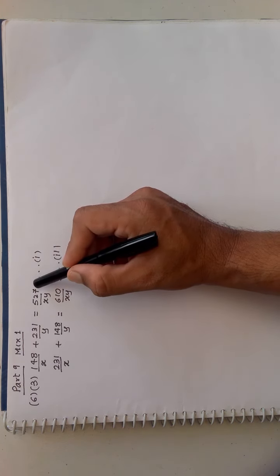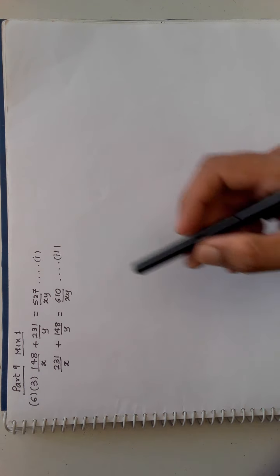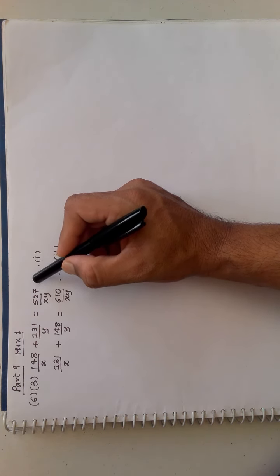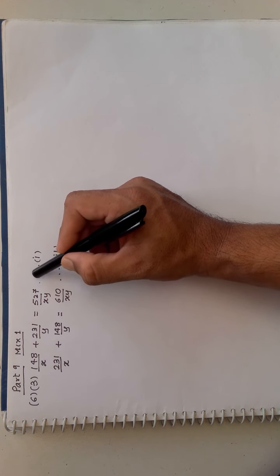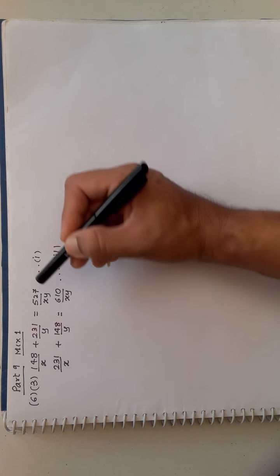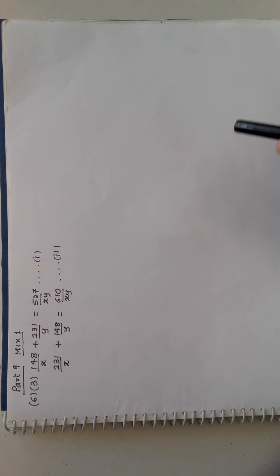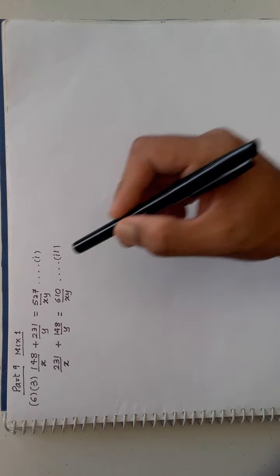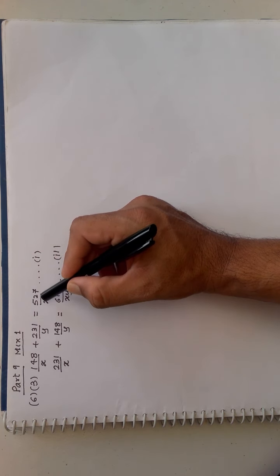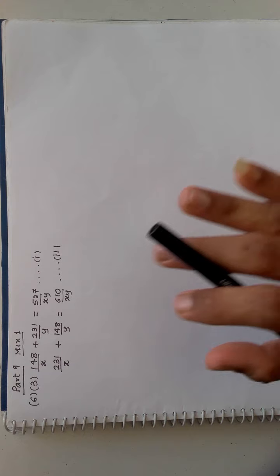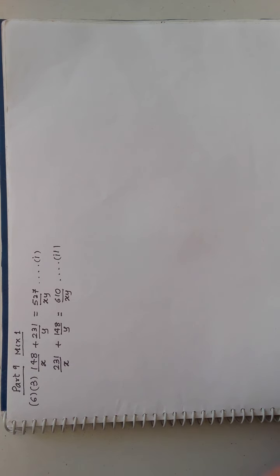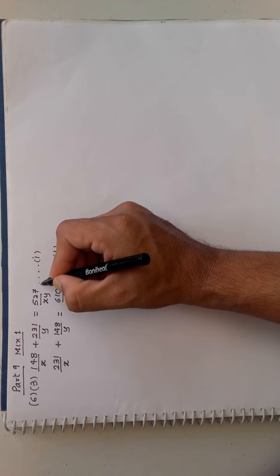What if I multiply this by xy? If I multiply the right hand side in the first one by xy, this xy divides this xy. But I do not have that liberty of multiplying it alone. So what is the better solution? It is understood that if I multiply by xy to the right side, it vanishes. So a lot of weight from your brain reduces. So I will do that thing only. I will multiply this by xy.